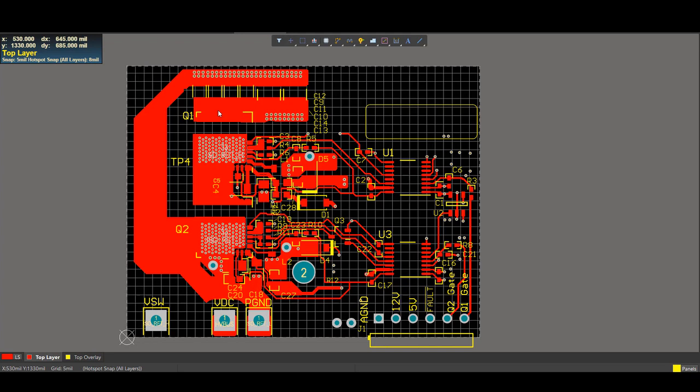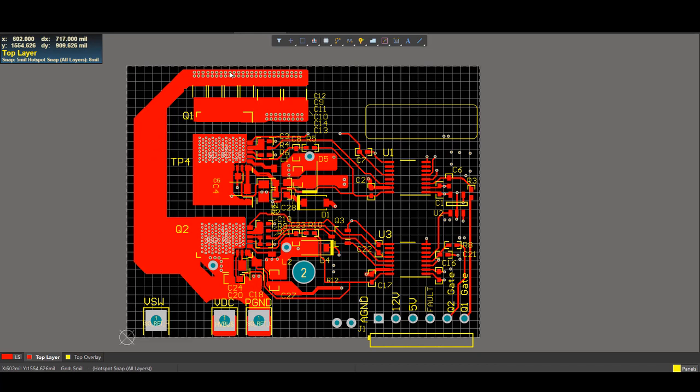With the tips and guidelines in mind, let's review a layout with some commonly made mistakes. Here, Q1 and Q2 are our LMG3410 GaN devices, and we have power loop bypass capacitors on the top. Now, the power loop goes from the high voltage bus through the upper FET and then goes to the lower FET. Finally, it travels through the ground return loop on the side on the same layer and goes back to the bypass capacitor.